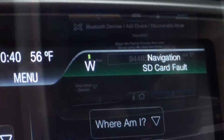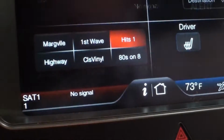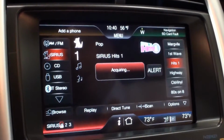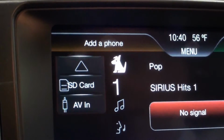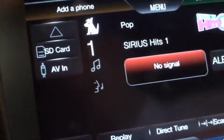Navigation screen up on the top right, which is indicated by green. Right here on the left bottom hand side, you have your satellite radio, which also gives you AM, FM, Sirius, CD player, USB port, Bluetooth stereo, an SD card, so you could download onto a card, or you could do an auxiliary line, which is the AV in. As you can see, it's a completely redesigned dash as well, so you have a new screen with all different